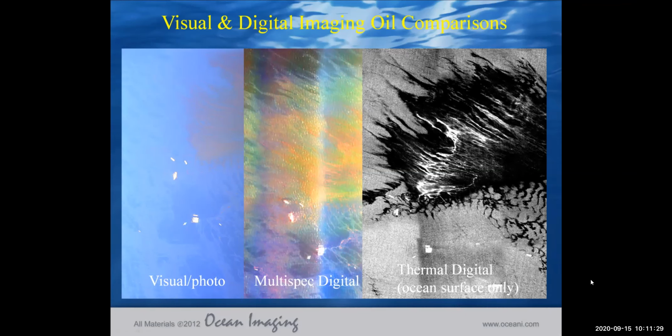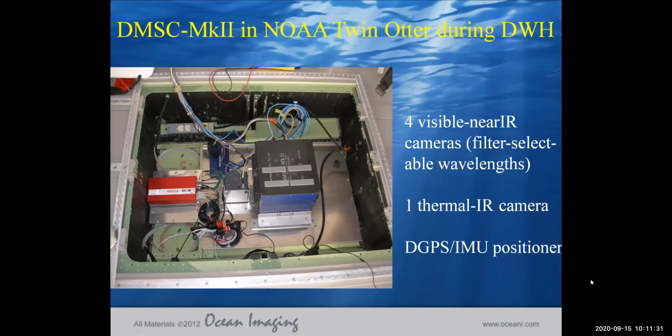So this is a picture of the actual system in the Twin Otter aircraft that NOAA essentially gave us or lent us with 2 crews for the entire 3 months that we were working on the spill. You can see a lot of wires and several separate components. Since then, the second generation system that we use now, the drop-in type unit,